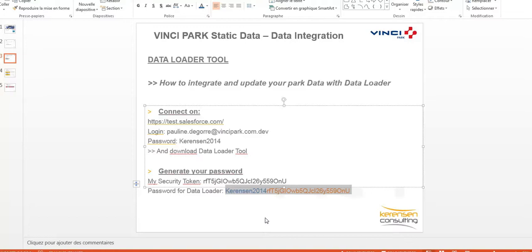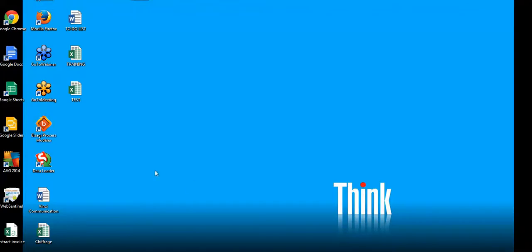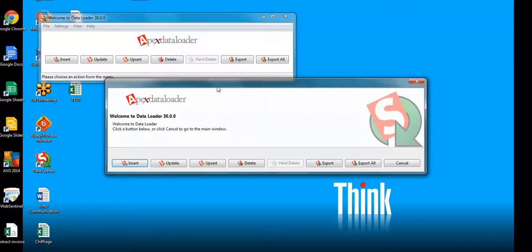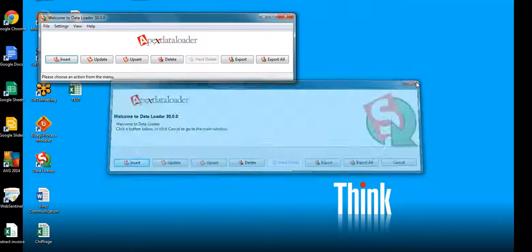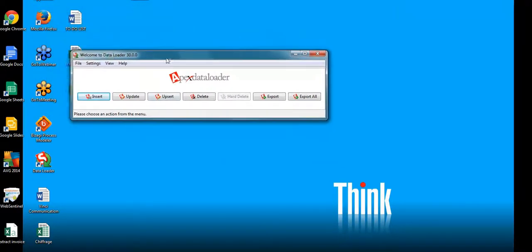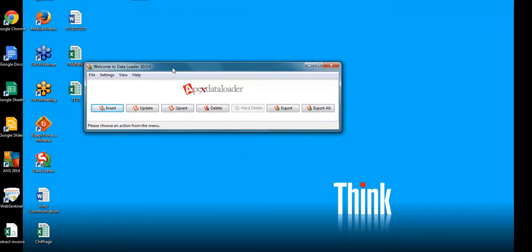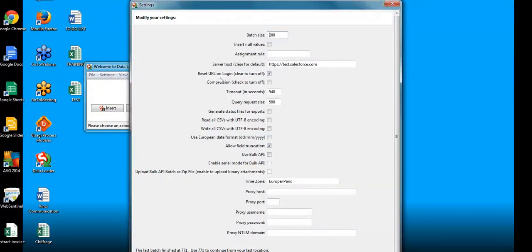Okay, so now we can connect on Data Loader. I let you come back on your desktop and double click on Data Loader tool. Just close this window and keep this one. First of all, the prerequisite you always need to do is to go to settings and check on which environment you are.